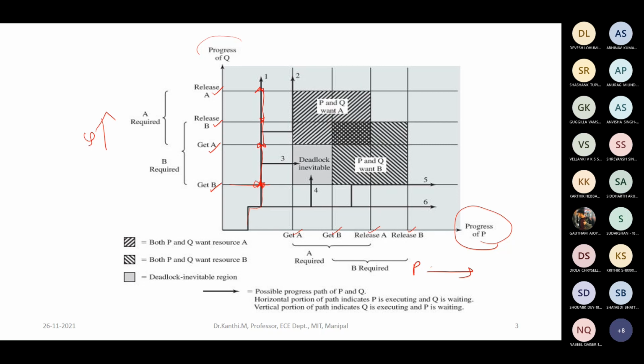So far, P has not come into the picture, so there are no deadlocks. It's a normal situation. Okay, so this is one of the situations. Maybe the process P is not using any resources, so it is smooth.